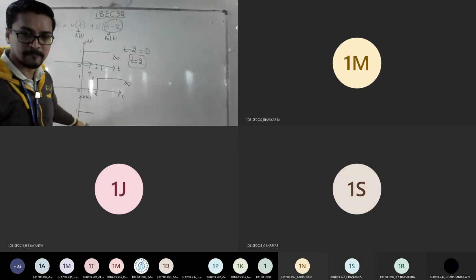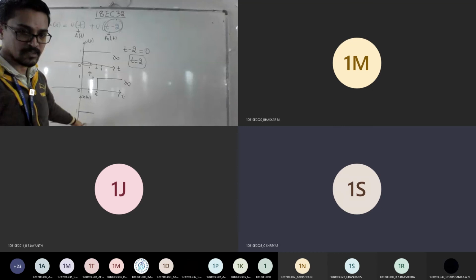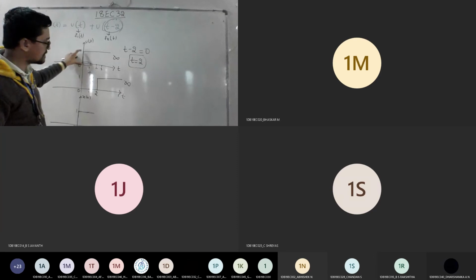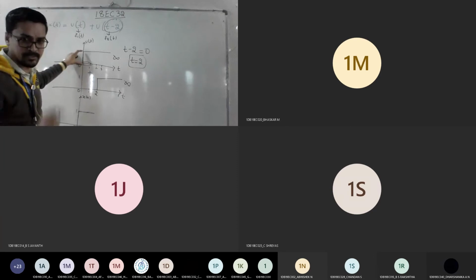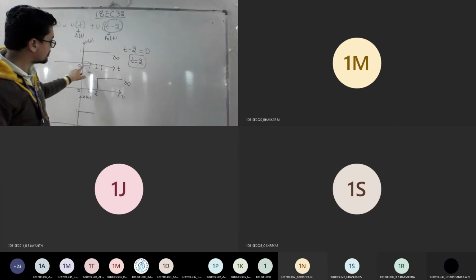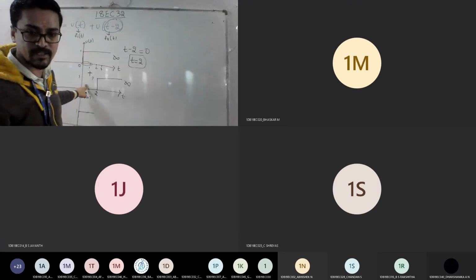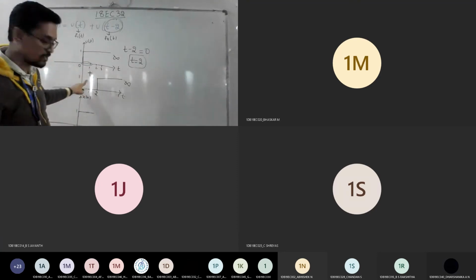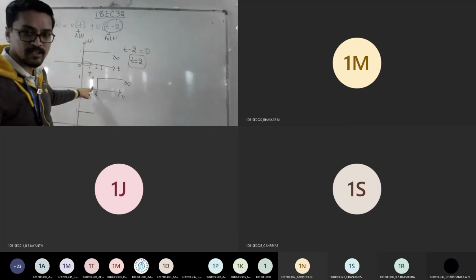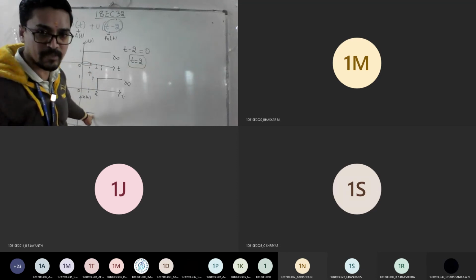Any doubts? Anyone with this till here? Is it visible what I am writing here? Yes, sir. I will repeat. I need to add this plus this. At 0 there is no signal, but here there is a signal. That's why I put a constant term. Then from 0 to 1 the signal is there with amplitude 1. But in the second signal from 0 to 1 there is no signal, so we don't need to add anything. It's like 1 plus 0, it becomes 1. So constant. Then from 1 to 2 the signal is there, here not there. So the amplitude is 1. That's why we retain amplitude 1 from 0 to 2. Is it fine till here? Shall I proceed?